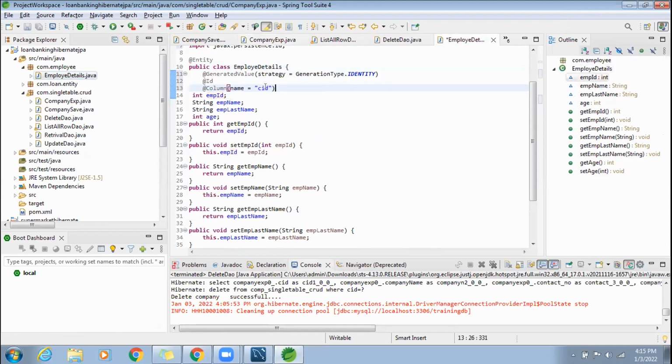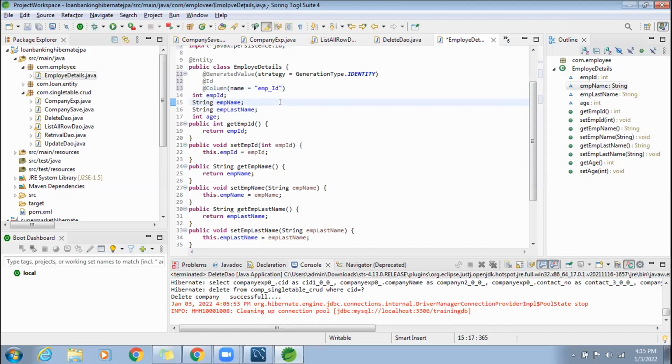Okay. Control Shift F. She doesn't want empId to be the column name. She wants EMP underscore ID as the column name. That's why she mentioned it like that.